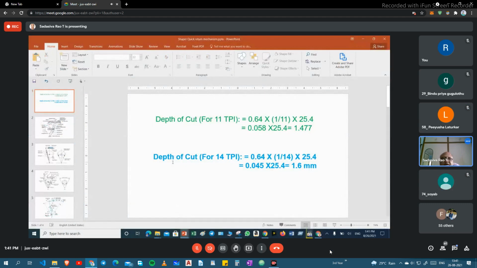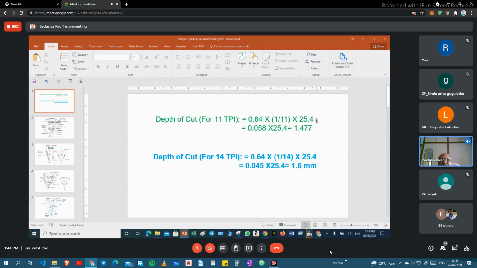For the previous experiments on the thread cutting, suppose you are taking 11 TPI. 0.64 is standard, they are following it in industries, 0.64 into 1 by 11 into 25.4.